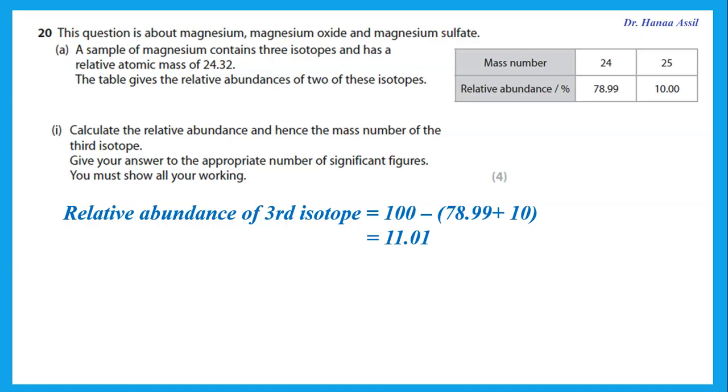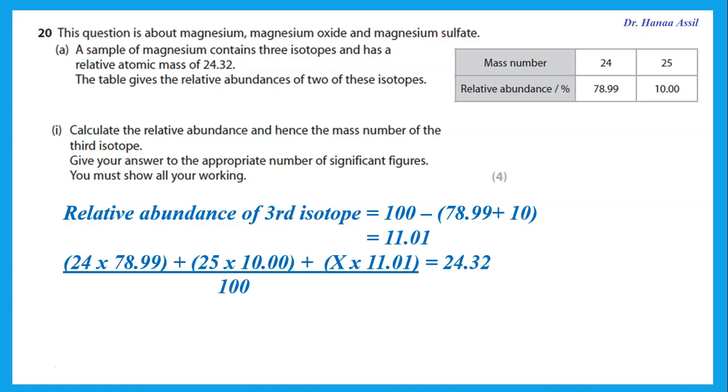So now I have the relative abundance of the third isotope, and I can put that into the equation, where we say the mass number times abundance plus mass number times abundance plus the mass number of the third, which we don't know, so we write it as x, times its abundance, over 100, and we're told that the total of all of this is